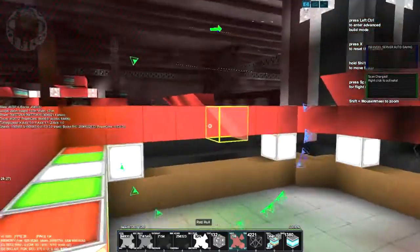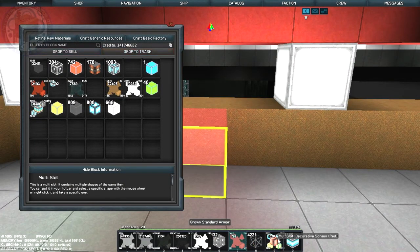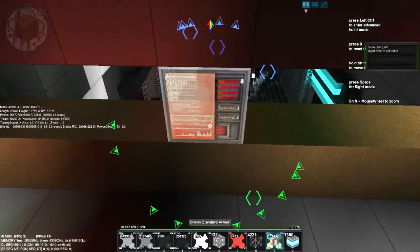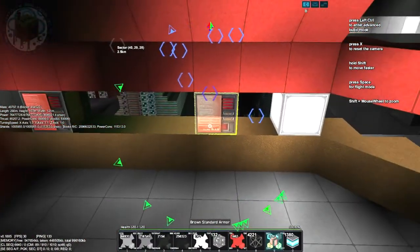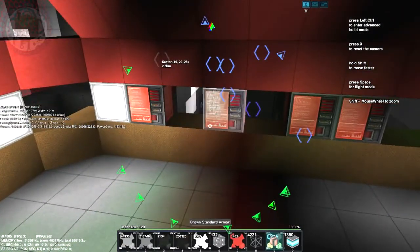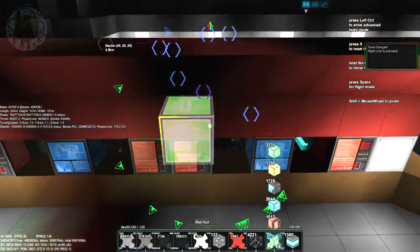I'm probably going to be mixing this up a little bit with some different colors. So let's look. We already have decorative charts in use. So let's do some of these. Red and red. 1, 2, 3. 1, 2, 3. Actually, let's put you there, and we'll do that. Kind of a little bit of symmetry. We're shooting for symmetry, people. I know, right? Crazy. Do green or blue right there, and then we'll do a green